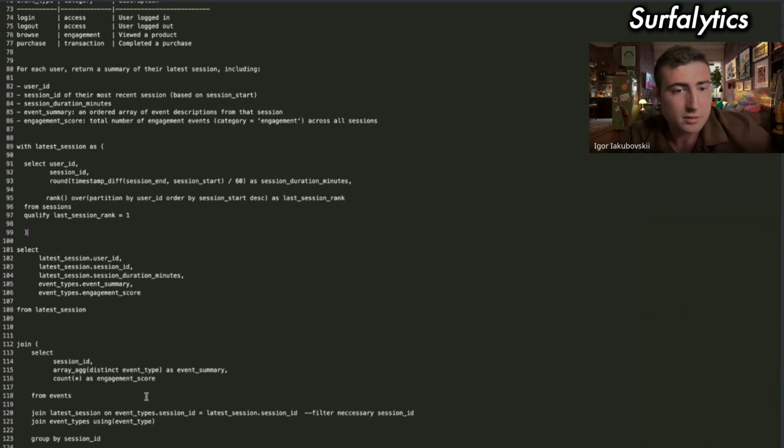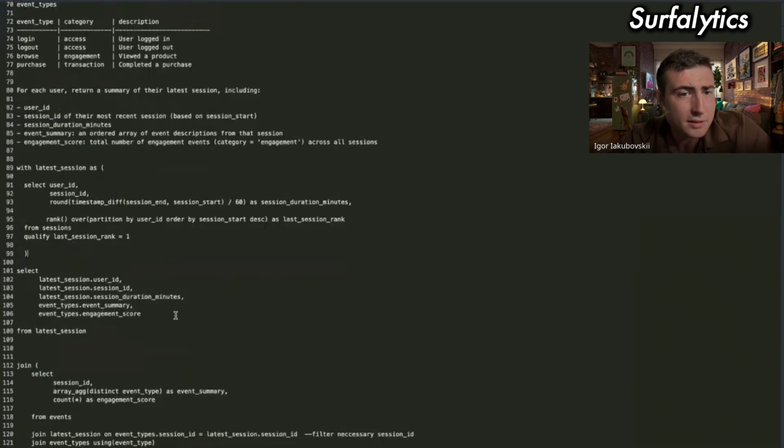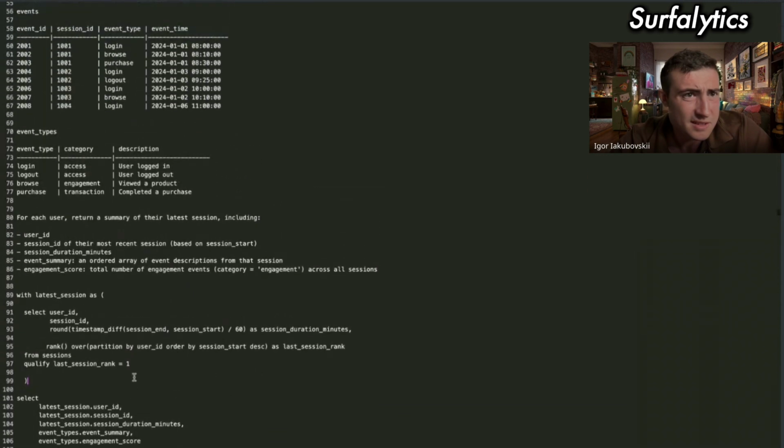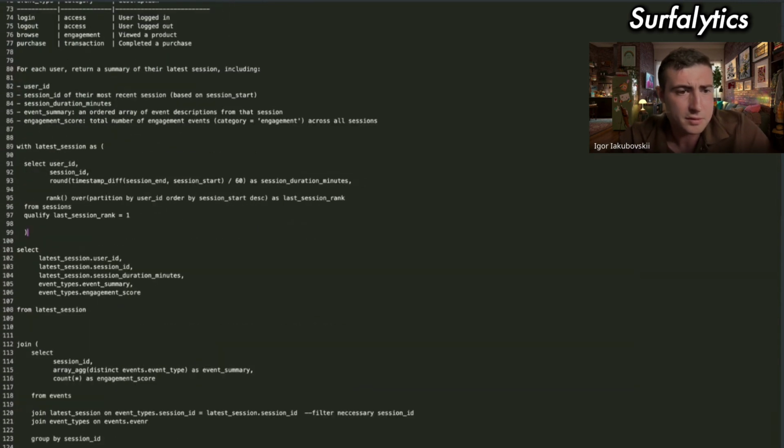Yeah. And event type from events. Okay. And events and join latest session. Yeah, to filter and join event types using event type. Maybe on events event type, event types event.